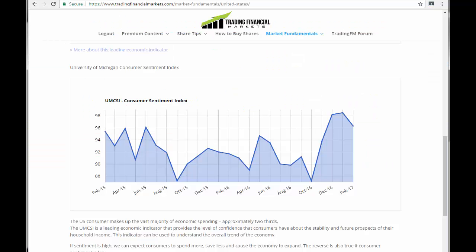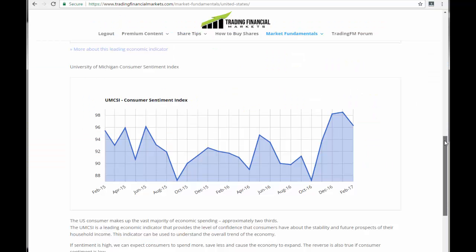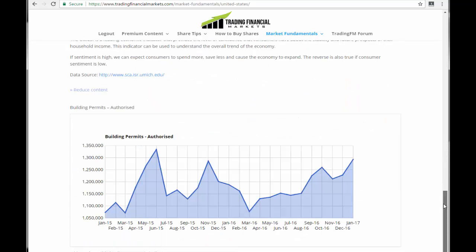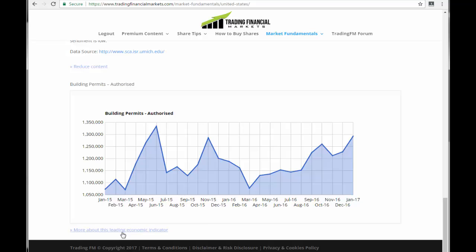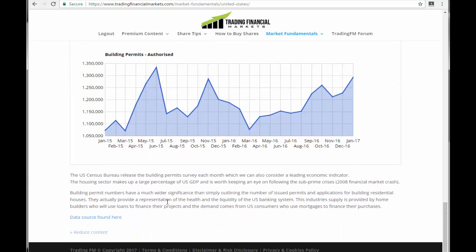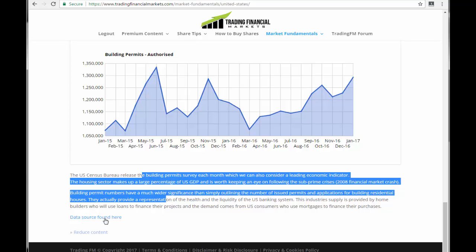Okay, just jump back onto the site here though. This gives you a snapshot of the last 2 years. And finally, you've got building permits. So each one of these indicators has a brief, small description, and then a link to the data